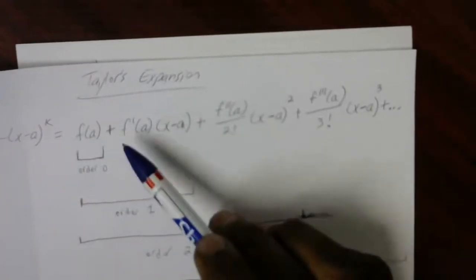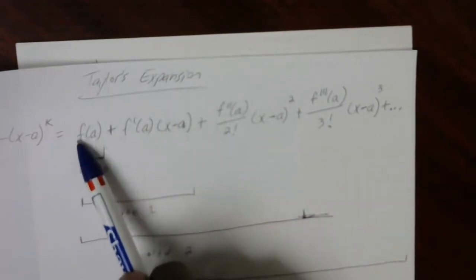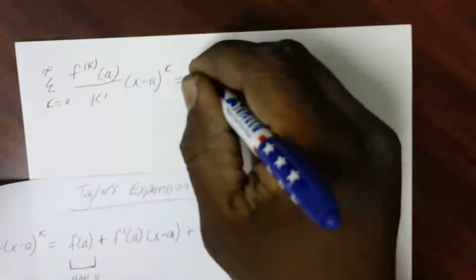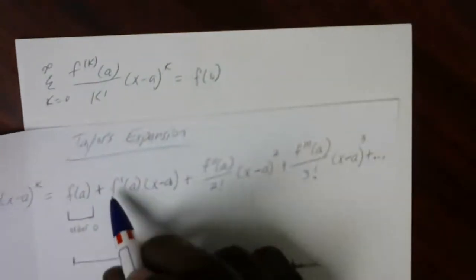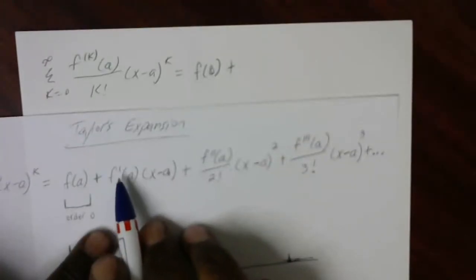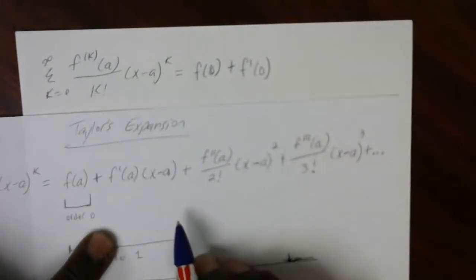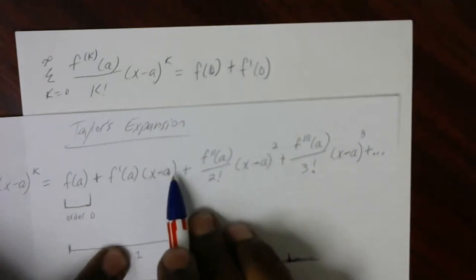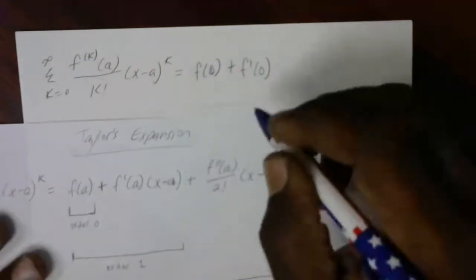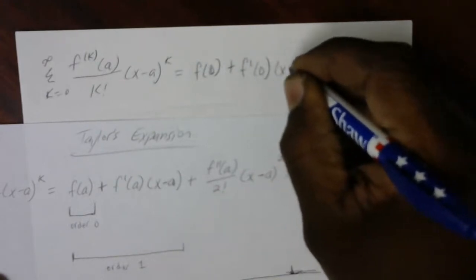and the only thing I'm going to do here is I'm going to substitute a for 0, right? So if I substitute a for 0, I'm going to expand this out as f of 0 plus f prime of 0 times x minus a, right? So if a is 0, that's just going to simply be f prime of 0 times x